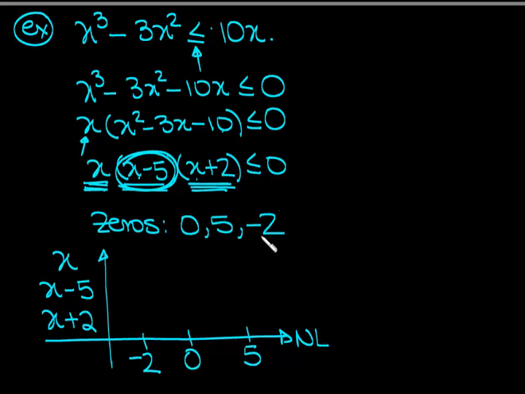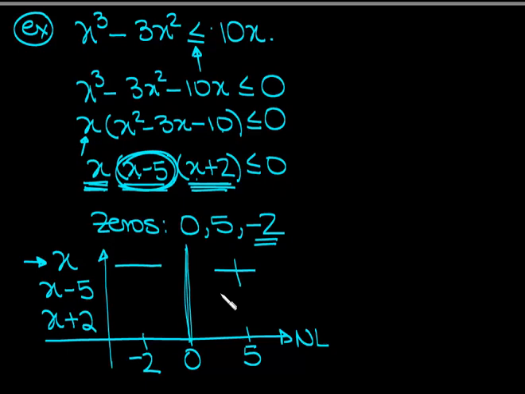Okay, so now what did I tell you earlier? For each zero, basically what does it do? It gives you the point where the factor changes signs from negative to positive. So let's start with this factor x. The zero for this factor is right here. So let's see if I had this extended. So to the left of this zero, this factor is going to be negative, and to the right is going to be